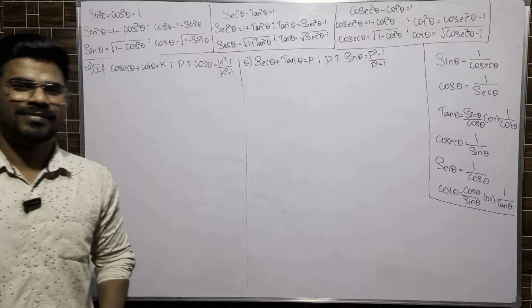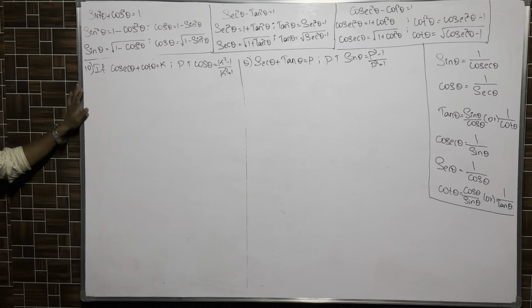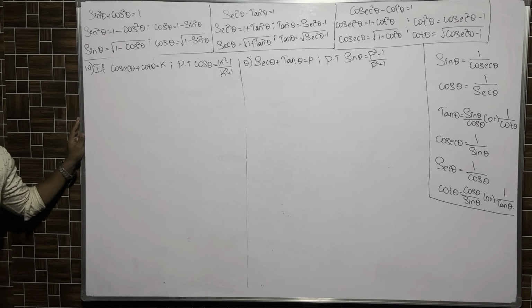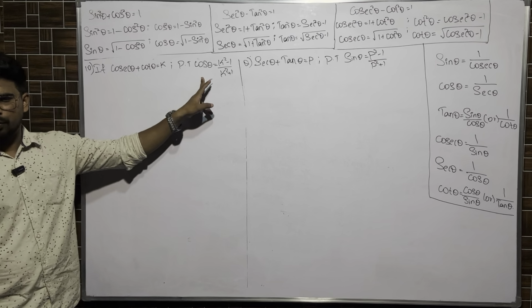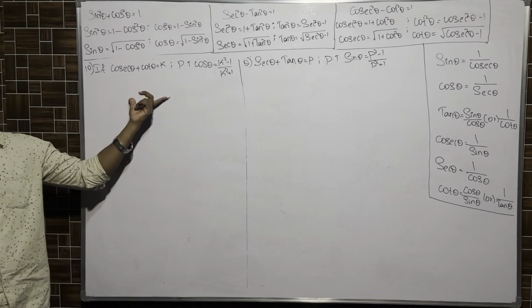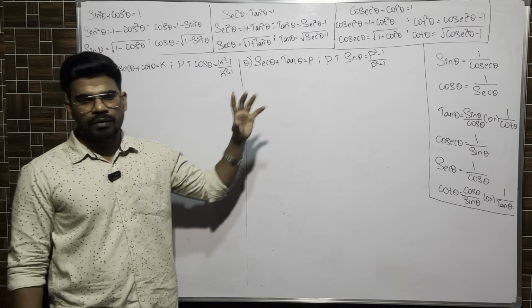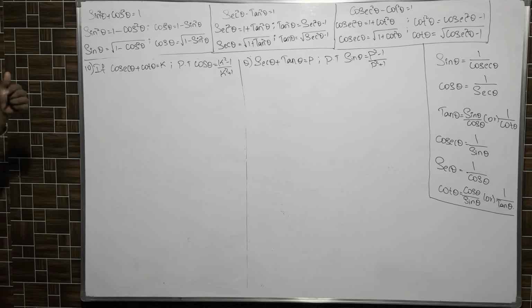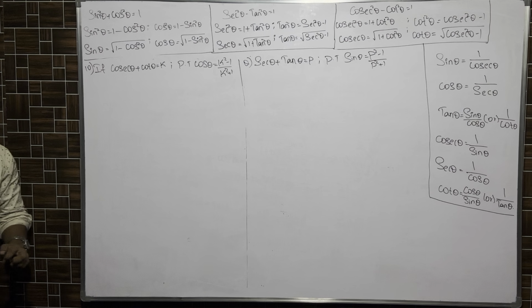Here we have another important question. This is a very important question. Look at these two questions, which are very similar to each other. Cosecant, cot and cos. I have already told you in the previous question also these three trigonometric ratios were in one combination. Sine, secant or tan in one combination. Here I'll tell you how this question is asked in other ways also. The answer is the same but you won't be able to identify that kind of question.